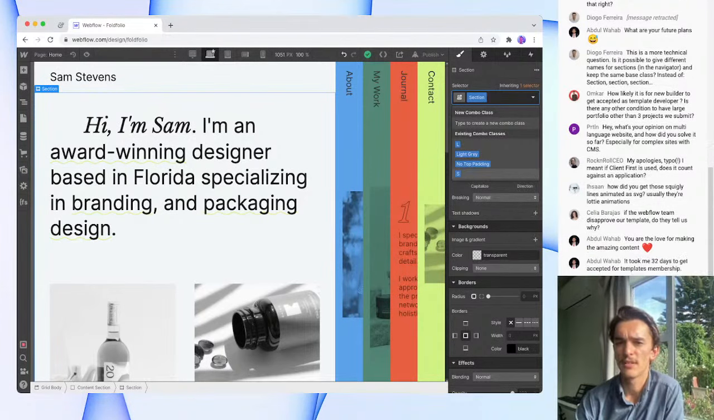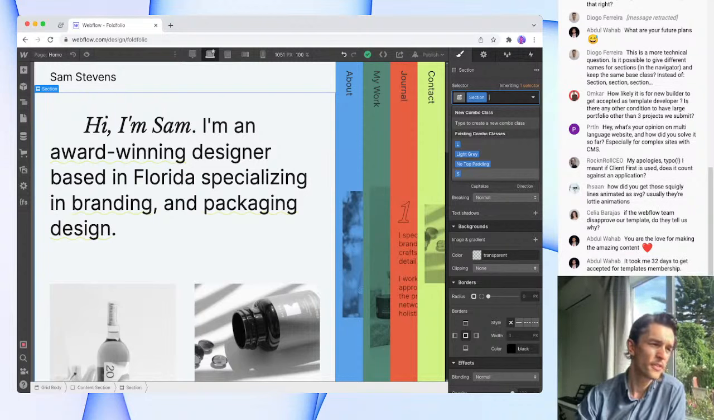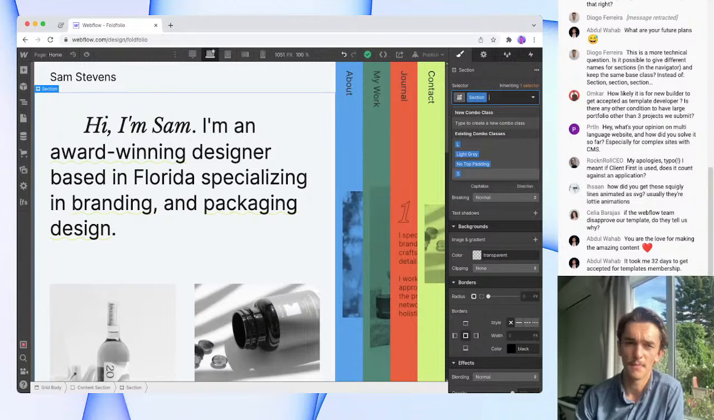So is there any other condition to have other than a large portfolio and three projects? With the submission, you want it to be a good submission. So you want to have a good looking portfolio if you can. If it helps, try and think from the perspective of all of the templates that are currently available